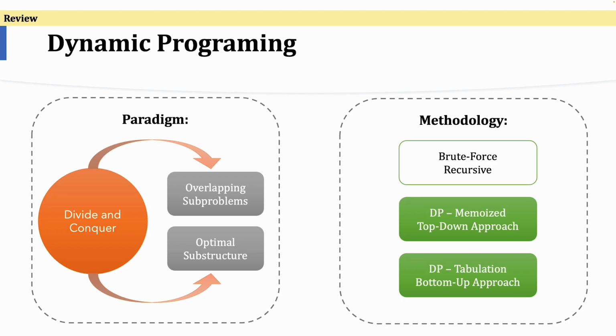The other approach was tabulation, where you apply a bottom-up approach. This is where you figure out, in order to avoid all the recursive calls, what should be the right order to navigate through all the subproblems. We start all the way from the base case, and then build up step by step, solving smaller or easier subproblems first, all the way up to the more complex subproblems. Okay, so that said,